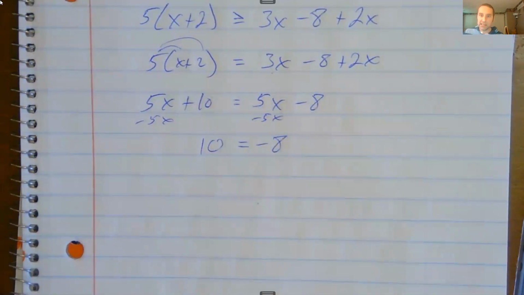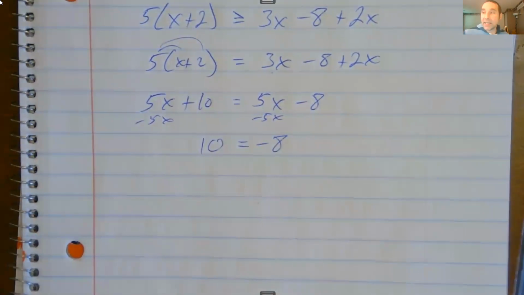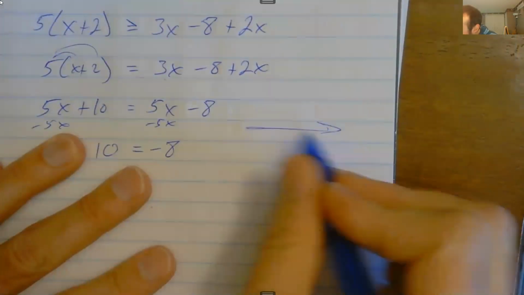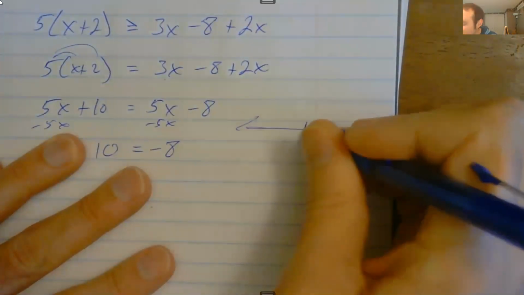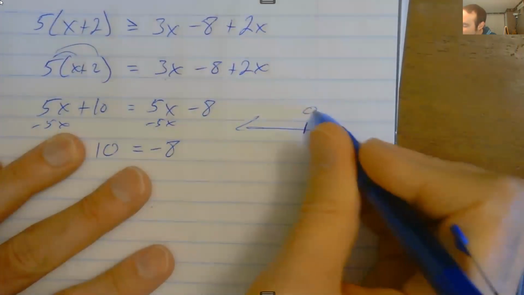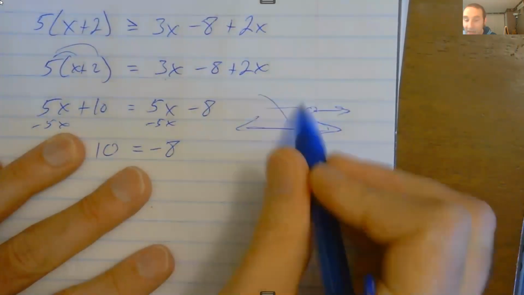So is 10 equal to -8? And the answer is no. Sometimes I ask the question, when is 10 equal to -8? You say never. 10 is never equal to -8. So it seems like there's no solution. There's no boundary point here at all. And what that means is, unlike our previous examples where we had some boundary point and then we tested on either side, and found that it only works on one side and not the other,